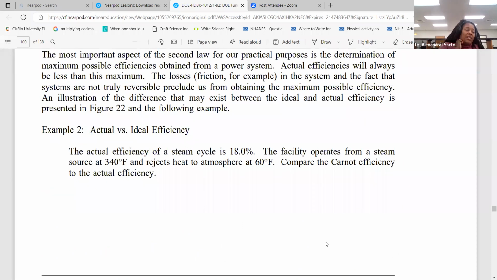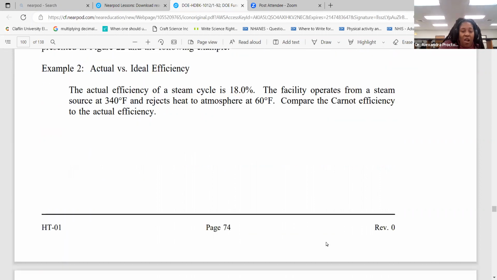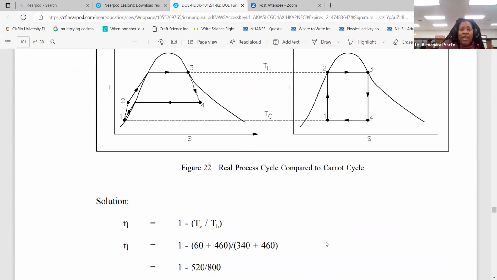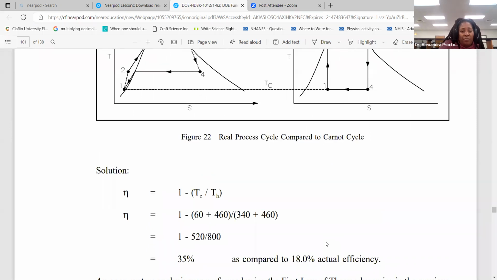So in this example, they have an actual efficiency of a steam cycle that's 18%. The facility operates from a steam source of 340 degrees Fahrenheit, and it rejects heat to the atmosphere at 60 degrees Fahrenheit. So compare the Carnot efficiency, the calculated efficiency, to the actual efficiency. So the first thing that you're going to have to do is